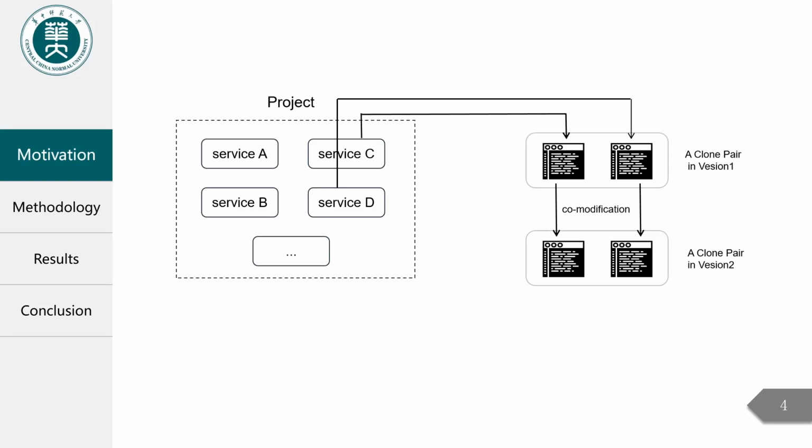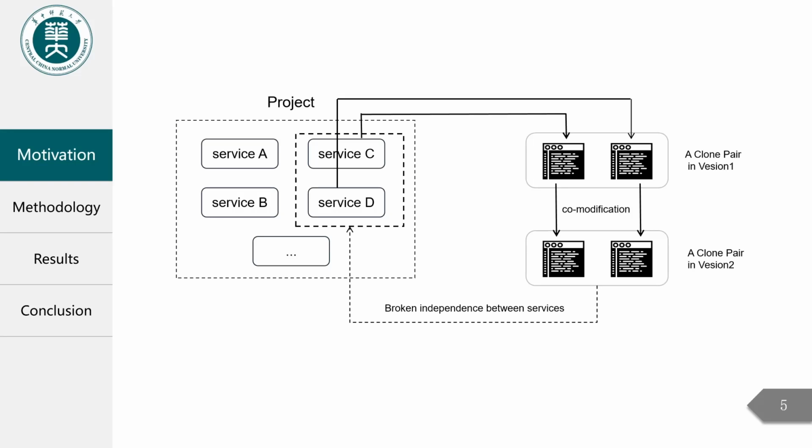However, microservice architecture is not a silver bullet in software development. There are still many unsolved problems. A recent work pointed out code clones commonly occurred in microservice projects. Moreover, some code fragments in different services form clones and have co-modifications in varying iterations, which violates the independence of